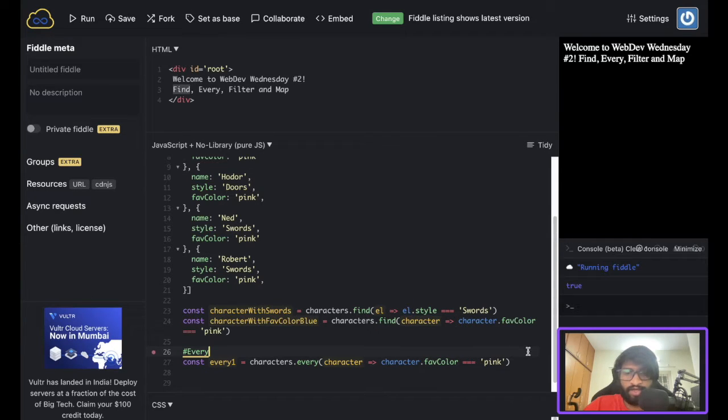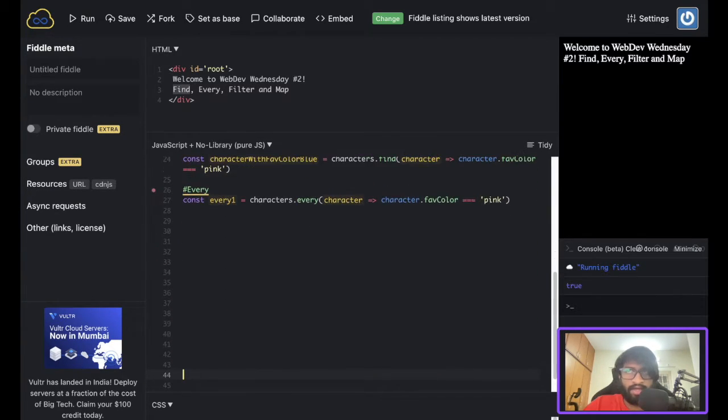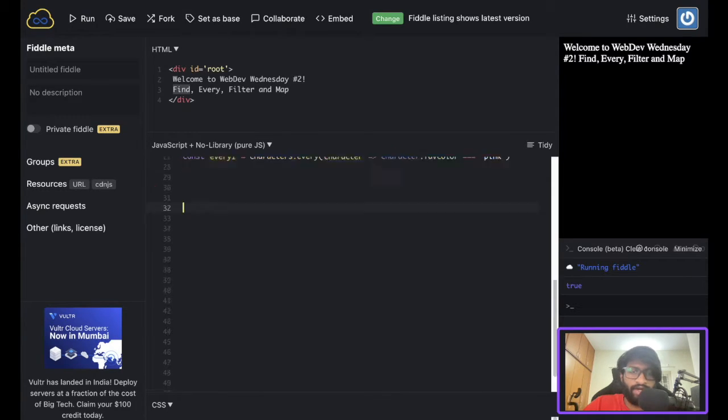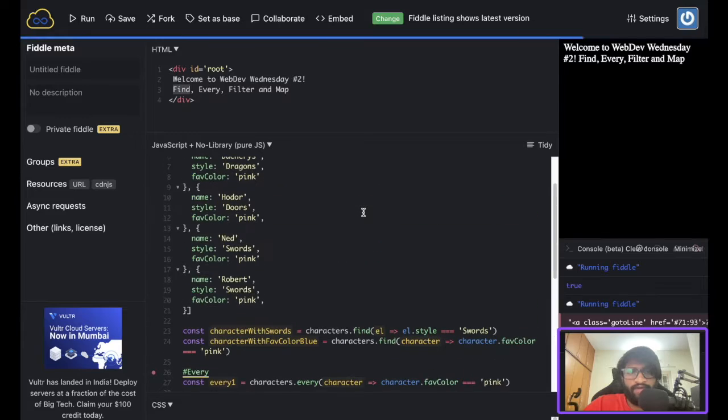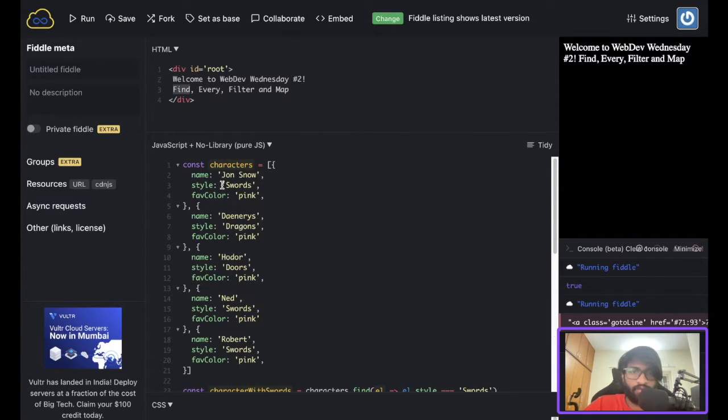The next function that we're going to look at is filter. Filter again is something that you use when you want to filter, right? So let's say you want every character that uses swords. We have three characters or objects here that use swords, and we want to get all of them who use swords. So I'm going to revert the colors here. I think this probably was red. Okay,